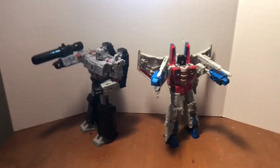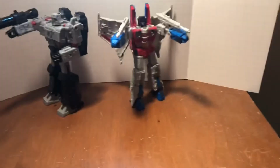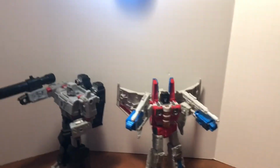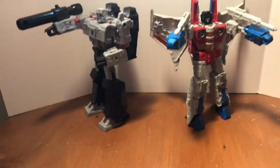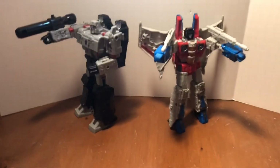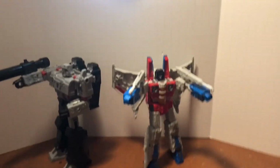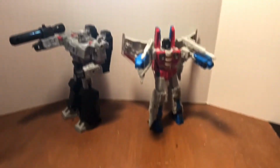So that was my review for the Siege Starscream figure. It's a really, really underrated figure. It's so good, and nobody even talks about it, because I guess it is put in the shadow of the Siege Optimus Prime, who I sadly don't have. I was brainwashed by Earthrise and got the Earthrise Optimus Prime instead of the Siege one. I'm sorry, I know. But I've heard the mold is really good,